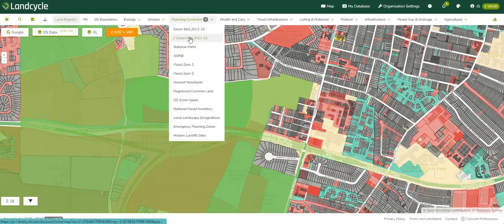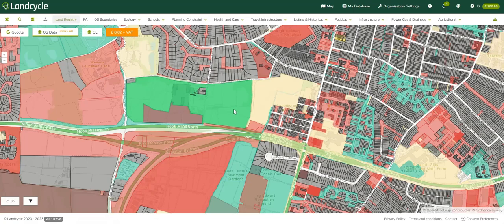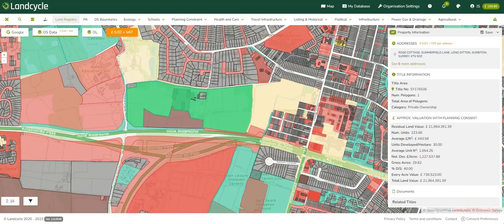We don't know who owns it, we don't know what it's worth, we don't know if it's one owner or two owners or what have you. So with the Land Registry layer on, I click on it, and it gives me the information that I'm after, which pops up here in the right hand panel. Because this property is over 10 acres, at 29.82 acres, let's call it roughly 30 acres,